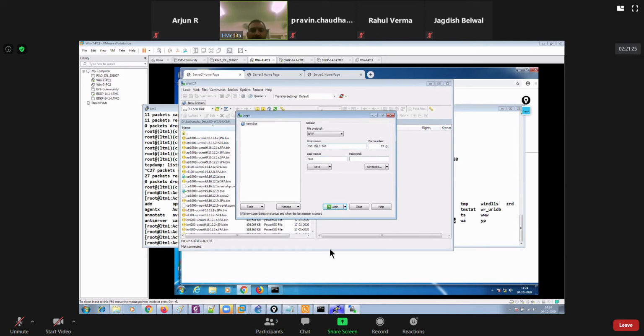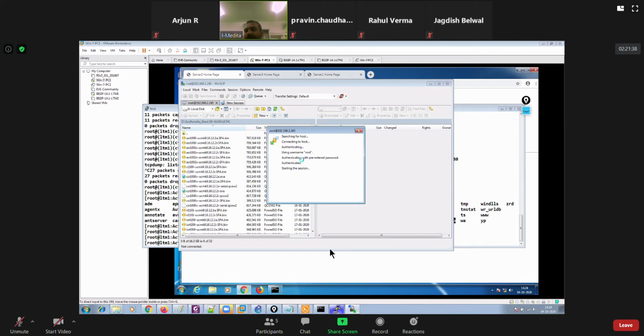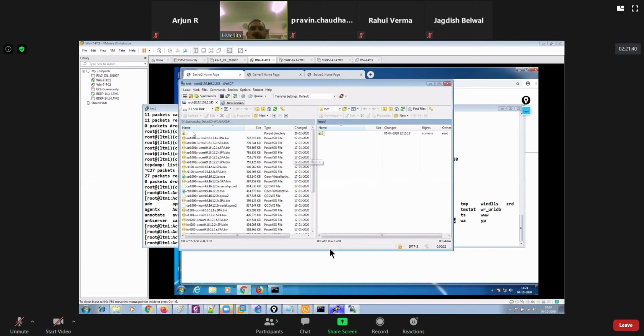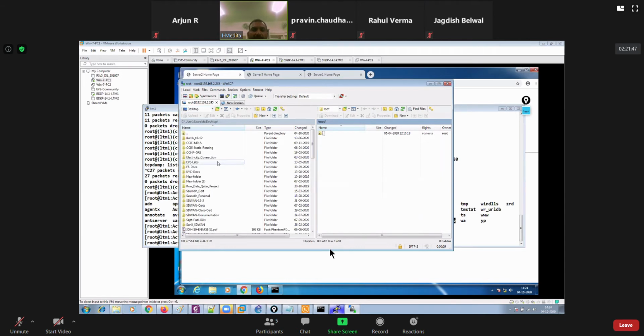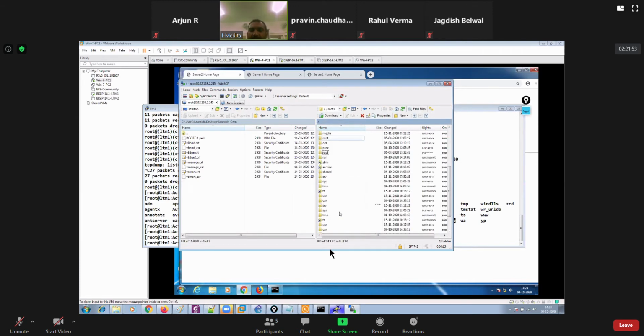root. Desktop, and let me say sort cert, and here go to Word, and then you must see the test file here.